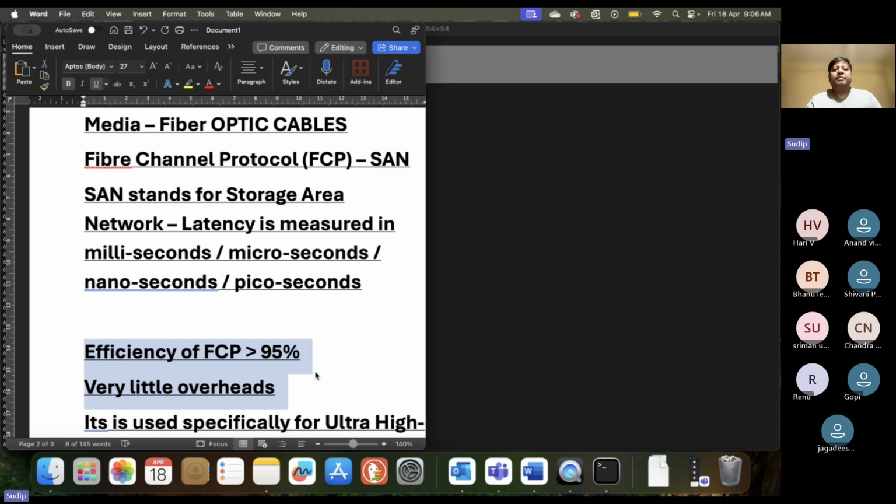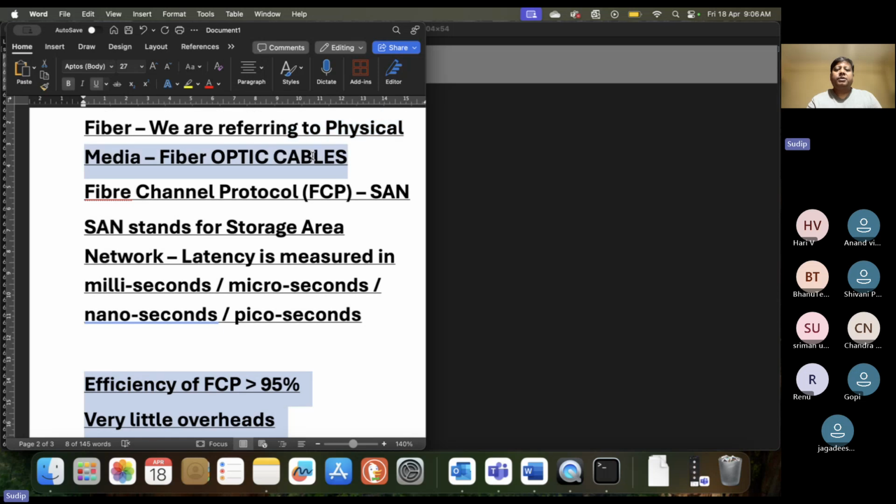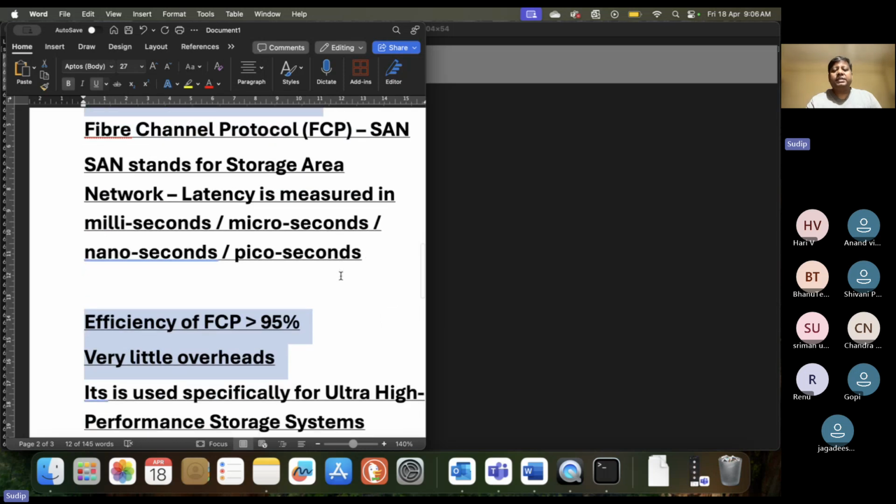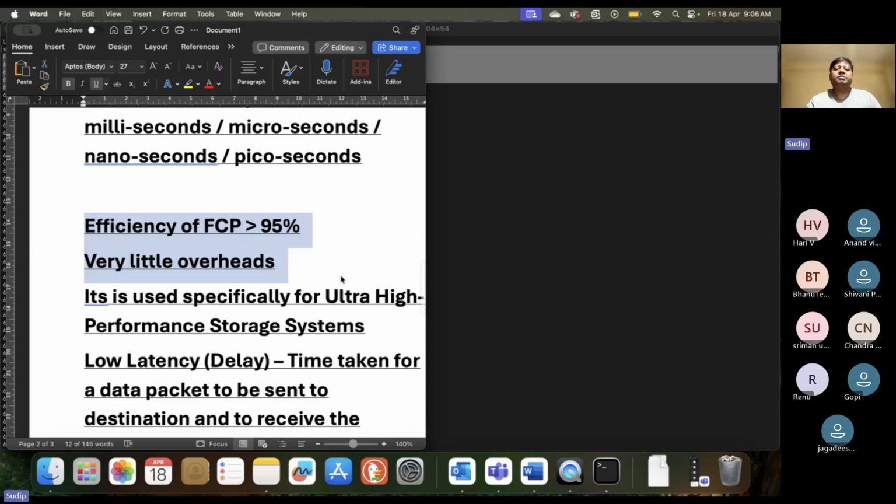It is the combination of fiber optic cables, which use laser light to transfer data, and